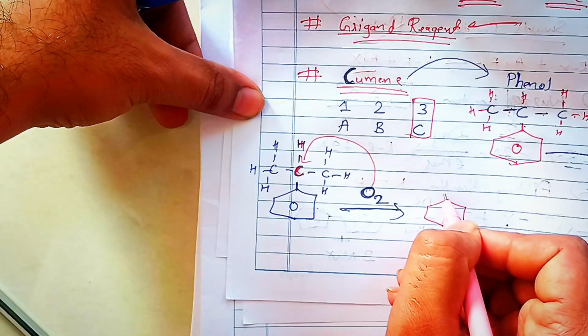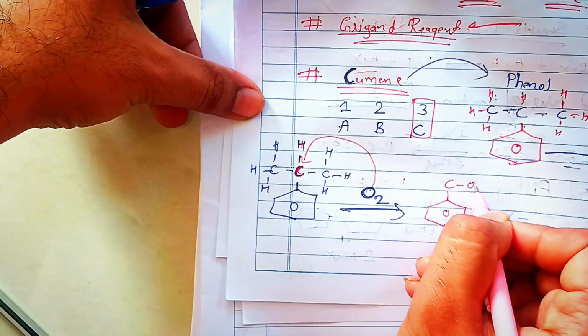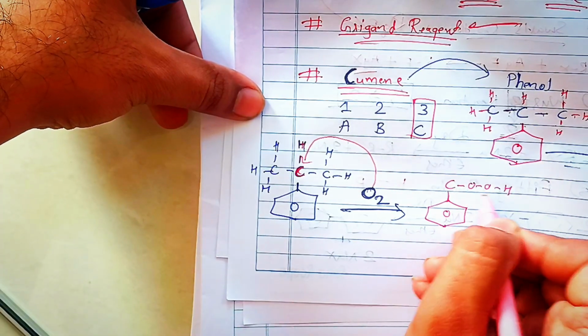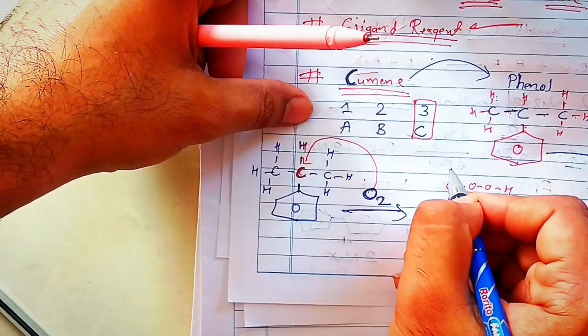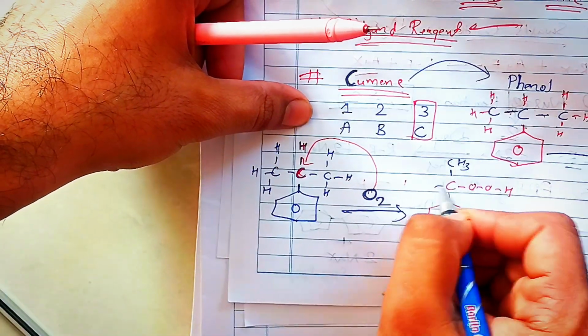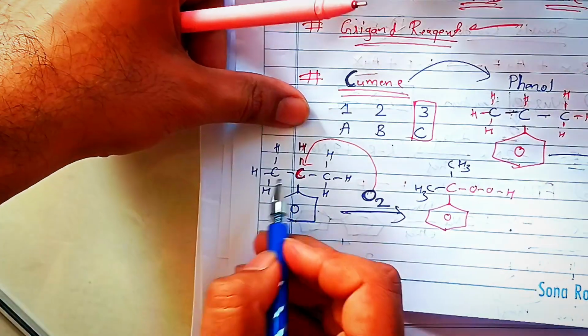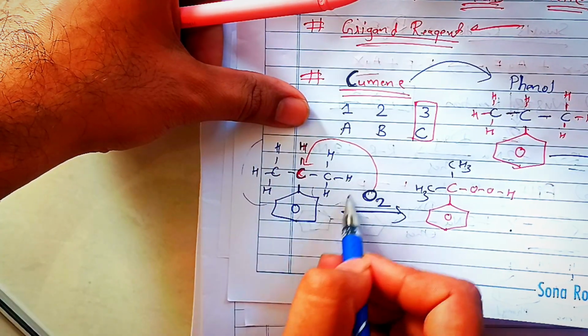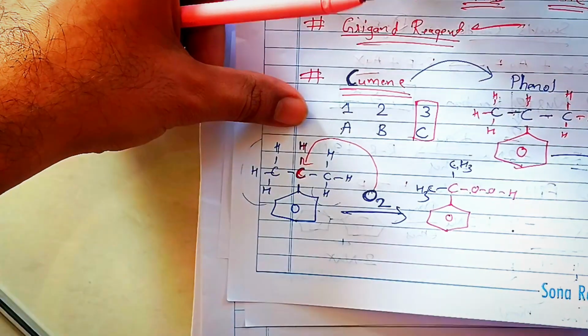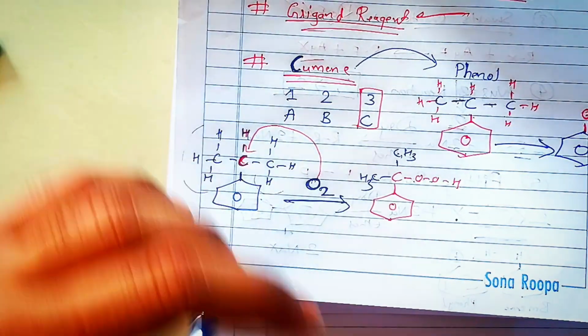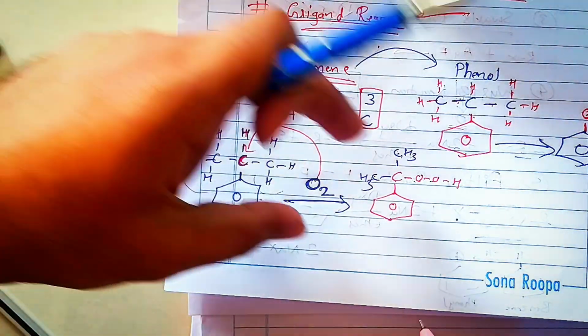So I will write this as OOH. Two oxygens I am adding here, and again I will write this as CH3 and then CH3. This CH3 and this CH3 are added here, and COOH will be written like this. Okay, then